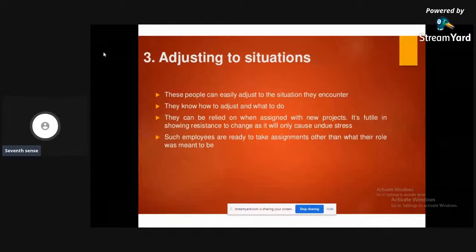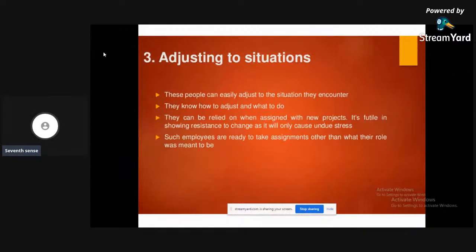This is a very small example. At that time, you should know taking different roles is also important. Taking different responsibilities is something you have to face in a work environment.